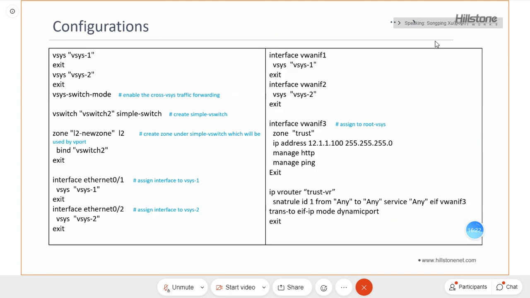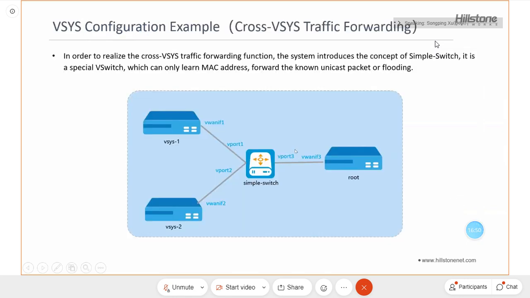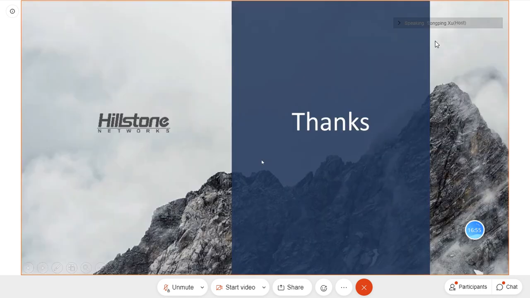Here's the configuration. So you need to enable this cross-VSys traffic forwarding, and create the simple switch, the simple virtual switch. And here is the configuration for each of the virtual switches that route the traffic through the simple switch. So that is the virtualized